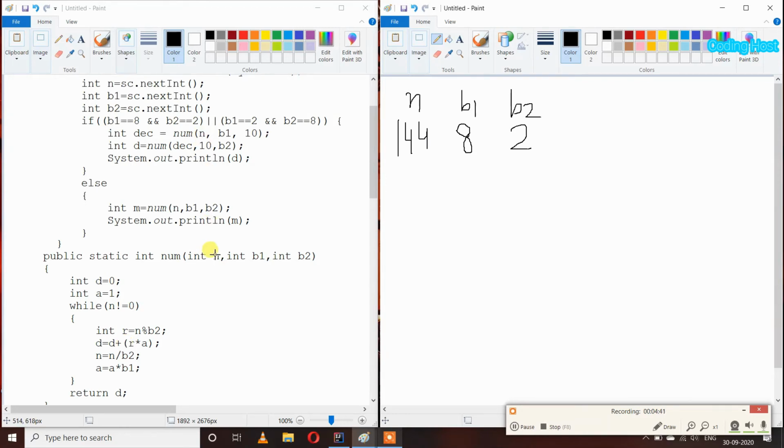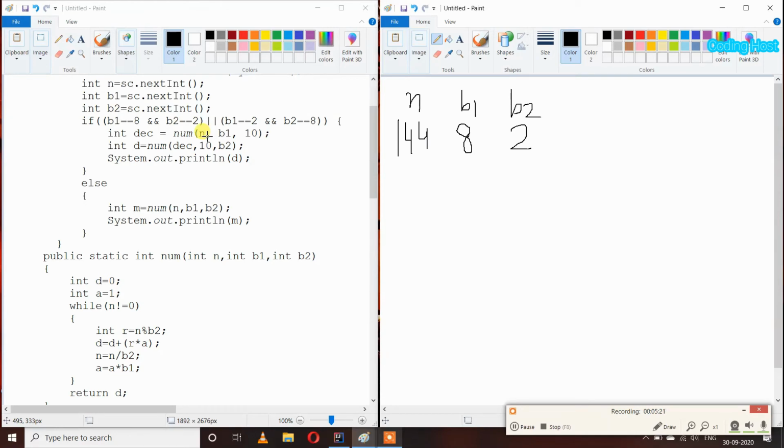So when we pass these values in the num method, int n which is 144, int base 1 which is 8, and base 2 which is 10, it will return us the decimal number of the octal, and we get 100 back here.